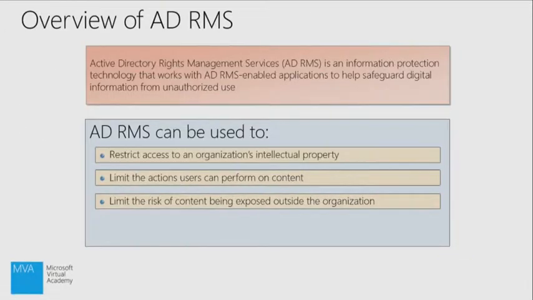Overview of ADRMS. Information protection technology that works with ADRMS enabled applications to help safeguard digital information from unauthorized use. Really, to sum this up, what it does is it allows us to author content, define how that content can be used, and then share that content out with the world. And that definition that we've given it follows it and maintains the security we've put on that content, as opposed